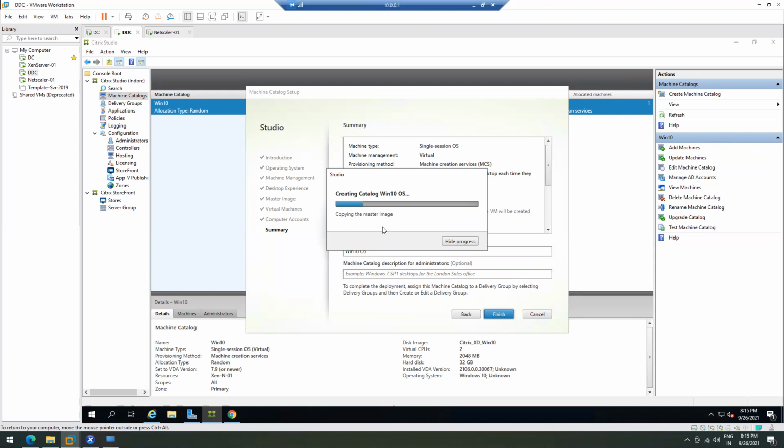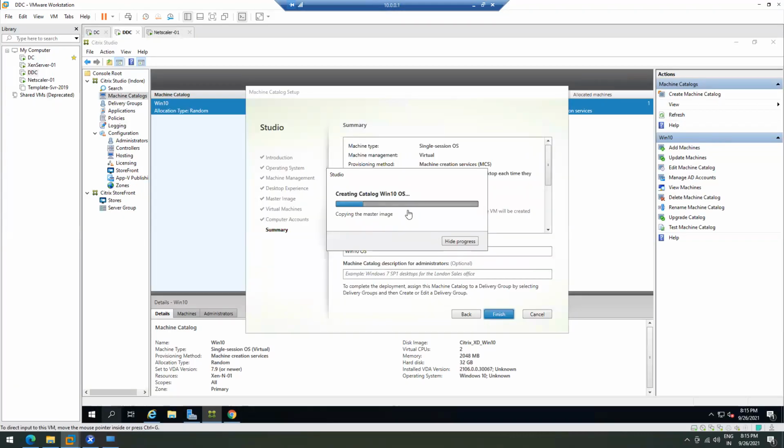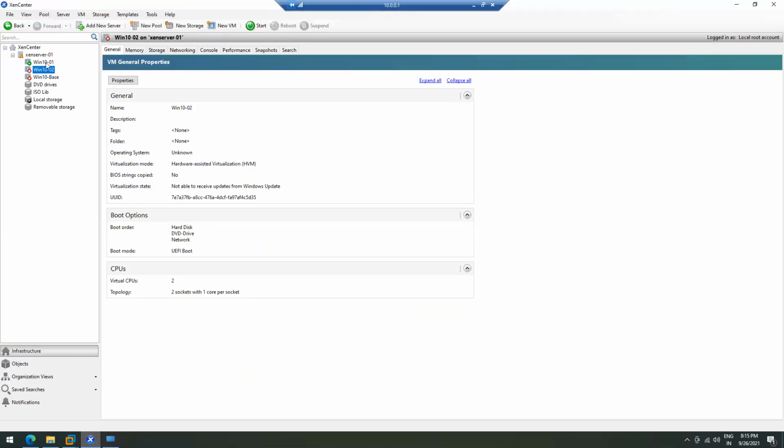In the meantime nothing is visible because it's still copying. Once it copies the data, you will see one machine listed here.